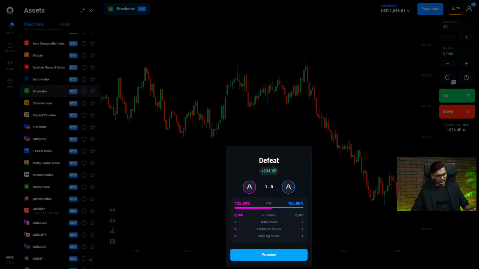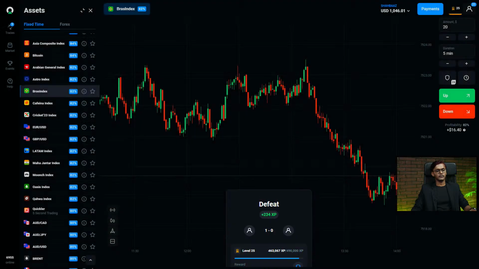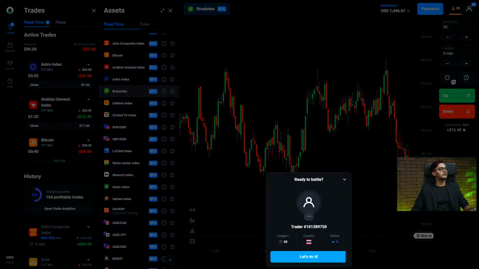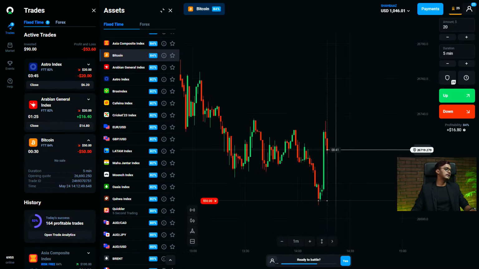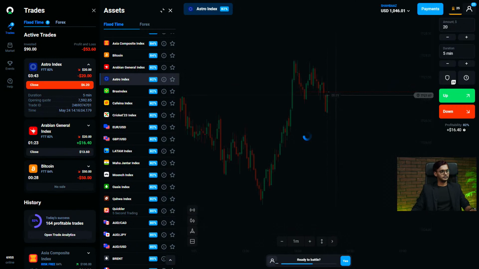Okay guys, so we can see that we actually got defeated, which is kind of nice. But you see that we took 2 trades, and one was profitable and the other one is already live, so it is not completed yet. So you can see our trades are not closed yet, but the battle has closed. That's why we are in defeat. But if you see, there are already 3 trades which are live. So yeah,